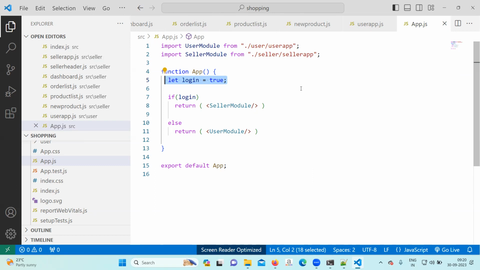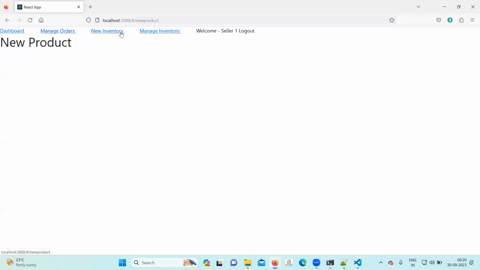Then only it will show you the seller module. After that, you can see the hyperlinks coming, and on the click of that, the components are getting changed.